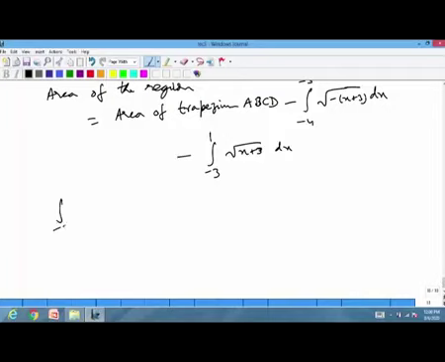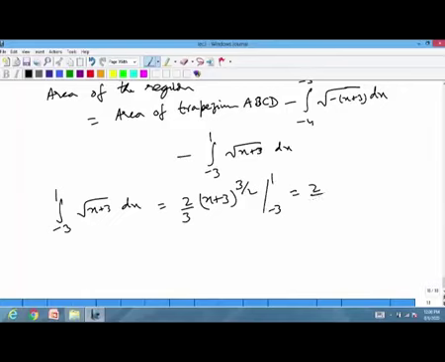So, integral minus 3 to 1 square root of x plus 3, this will be equal to x plus 3 raised to power 3 by 2 times 2 by 3, from minus 3 to 1. If we put x equal to 1, this is 4 to the 3 by 2, which is 8, minus 0. This is 16 by 3, and integral of minus 4 to minus 3